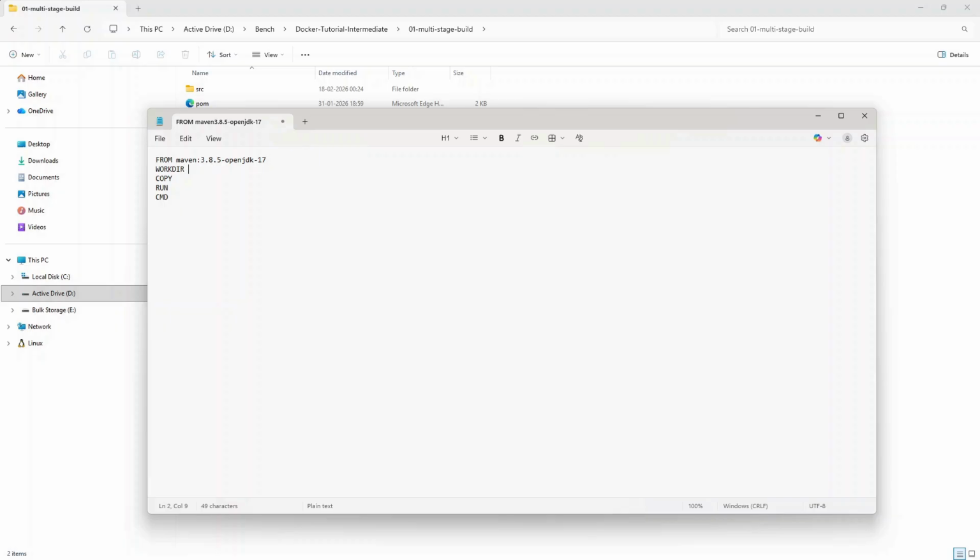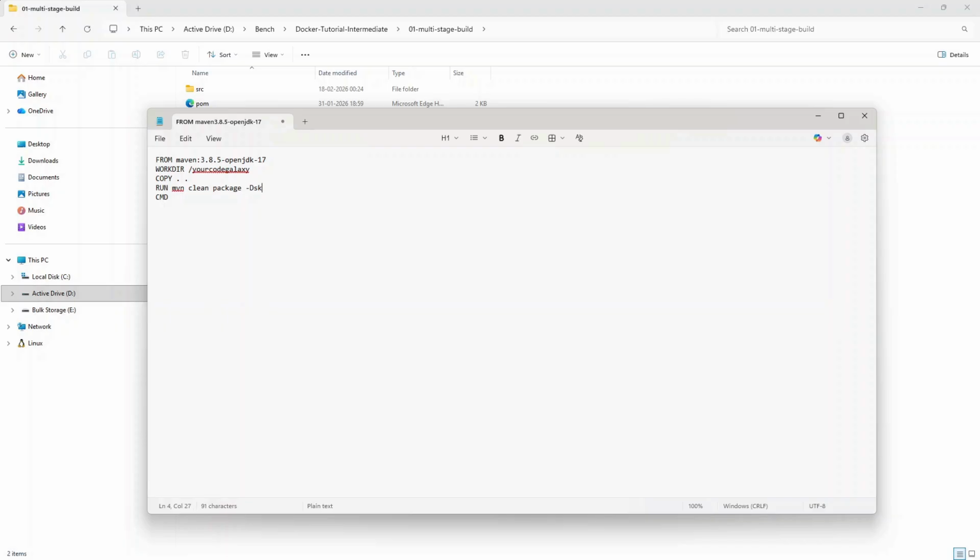Then I will set my work directory as Your Code Galaxy. Then I will copy everything from my source folder to my work directory inside the container. Then I will run the command maven clean package